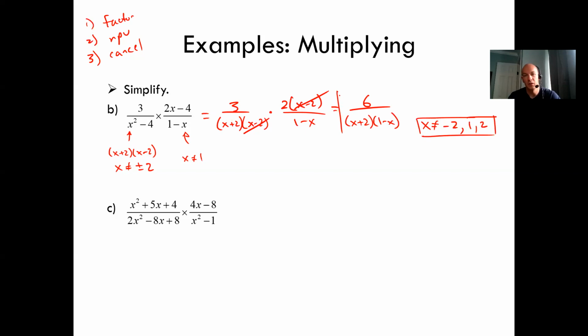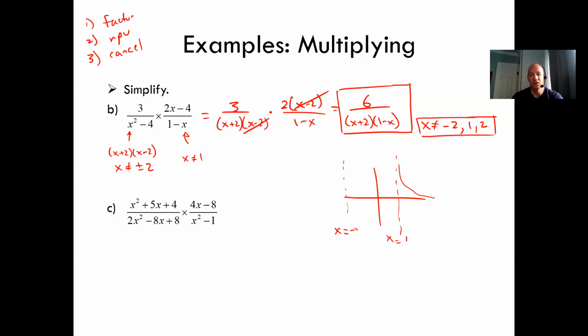Now you might be sitting there wondering, should I multiply those together? And the answer is probably not. Most of the reason why we're doing this is we actually like to have the factors on the bottom. When we go to graph this, which we're not really doing this year, but we're going to do in grade 12, if you continue along, you're going to find that you're going to wind up getting things like asymptotes